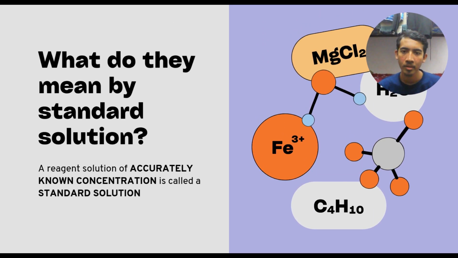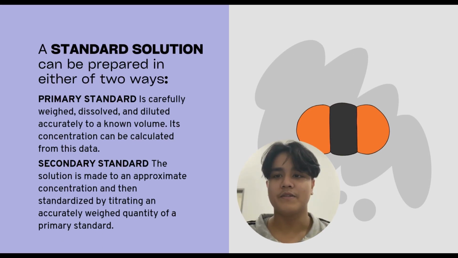What do they mean by standard solution? A reagent solution of accurately known concentration is called a standard solution. So now I will be talking about standard solution. A standard solution can be prepared in either of two ways. The first one is primary standard. It's carefully weighed, dissolved and diluted accurately to a known volume. Its concentration can be calculated from this data. Secondary standard: the solution is made to an approximate concentration and then standardized by titrating an accurately weighed quantity of